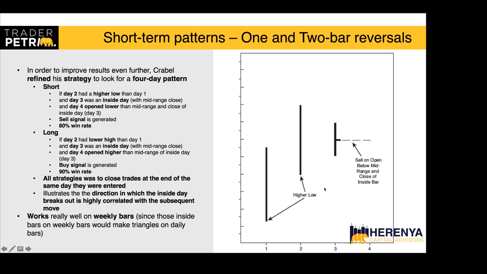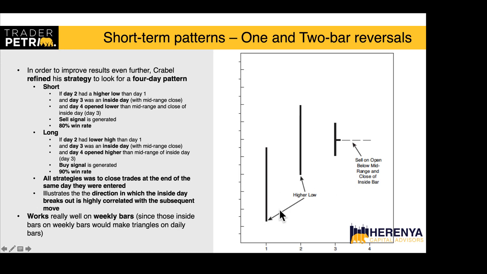On day 2, the second bar, it makes a higher low than the first day. If day 2 makes a higher low than day 1, and day 3 is an inside bar, and day 4 opened lower than the mid range of the inside bar, or lower than the close of the inside bar,